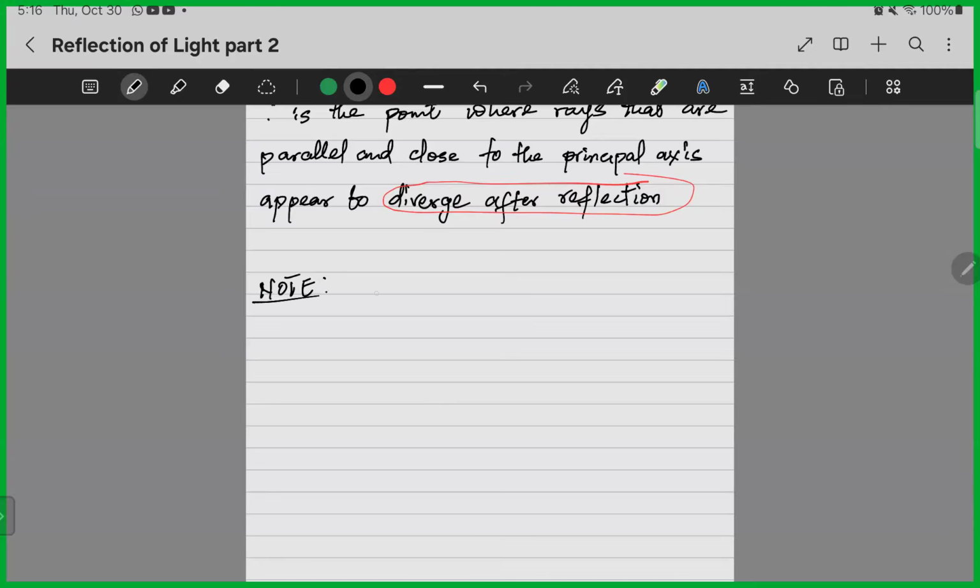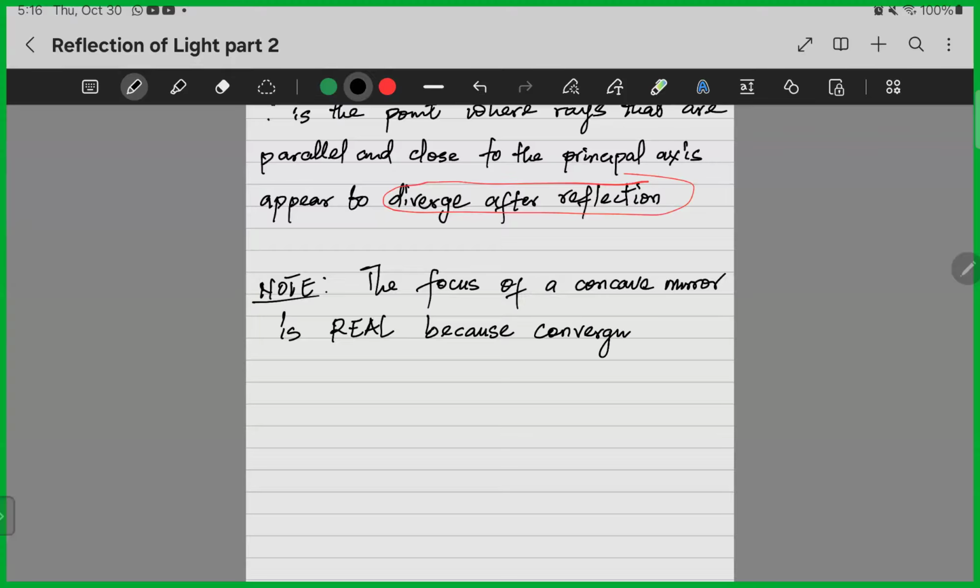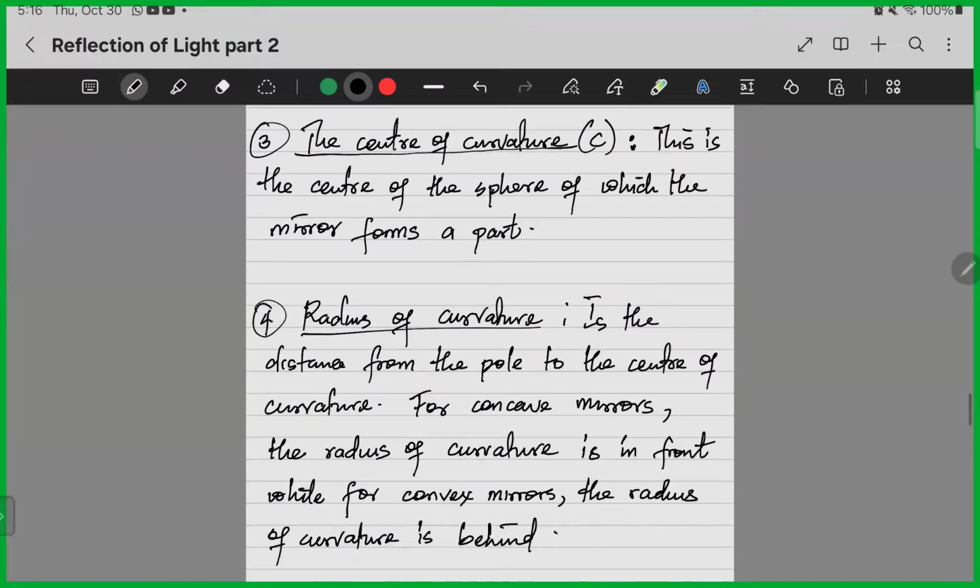We can now say, based on what we have explained, that the F point, the focus of a concave mirror, is real because converging rays are seen. One of the ways you can use to remember the logic behind this is just